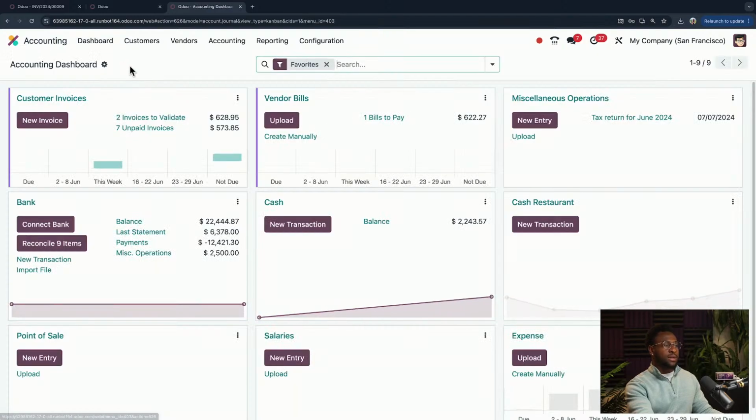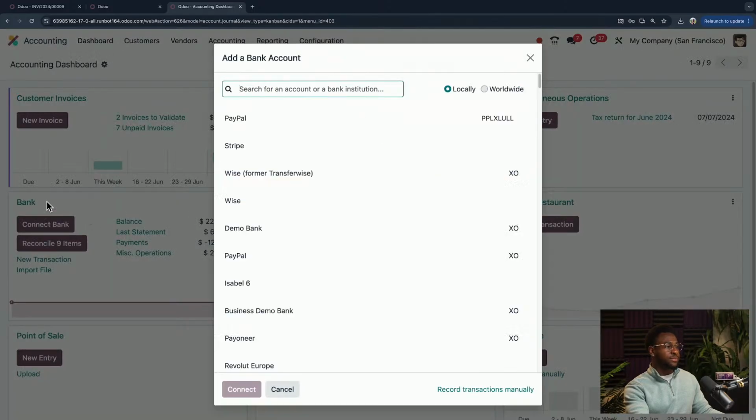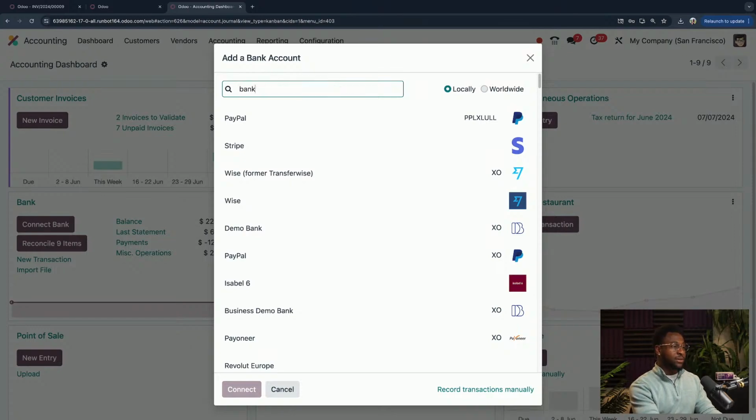Next thing that we'll move into is our reconciliation process, and how Odoo is able to accomplish that very easily. And before we get into the reconciliation process, we'll talk about our bank synchronization. So if I click on Connect Bank here, Odoo essentially will connect to your bank and then automatically upload those bank transactions and whatever happens to allow for the reconciliation process. So if I did Bank of America,